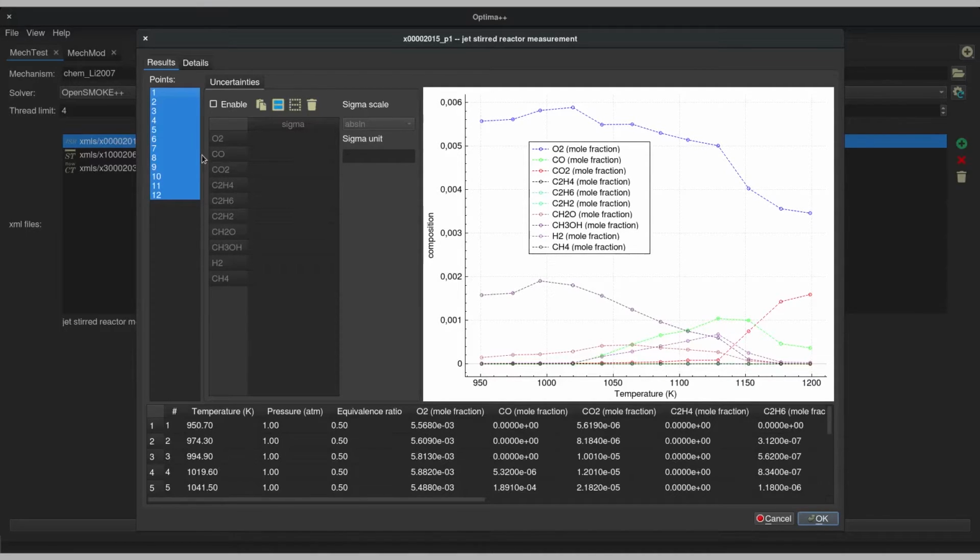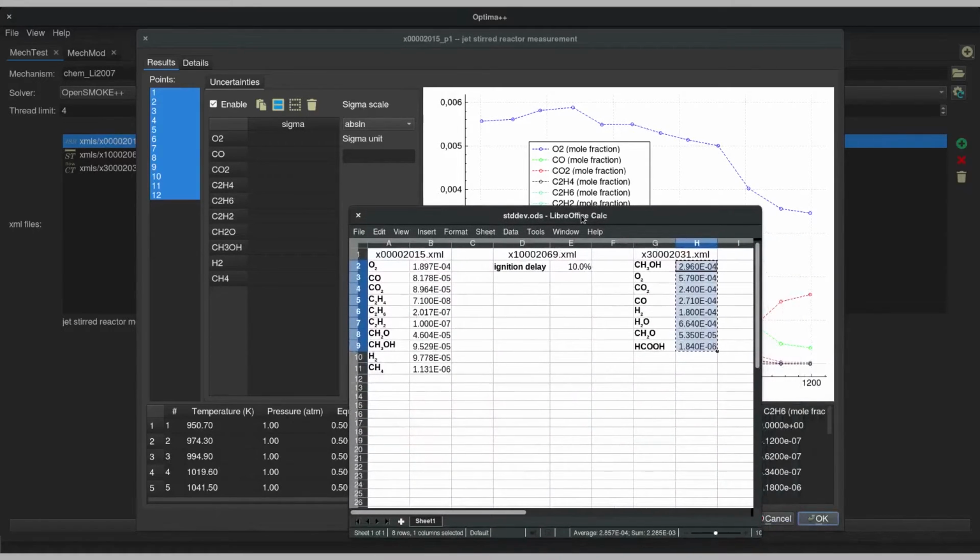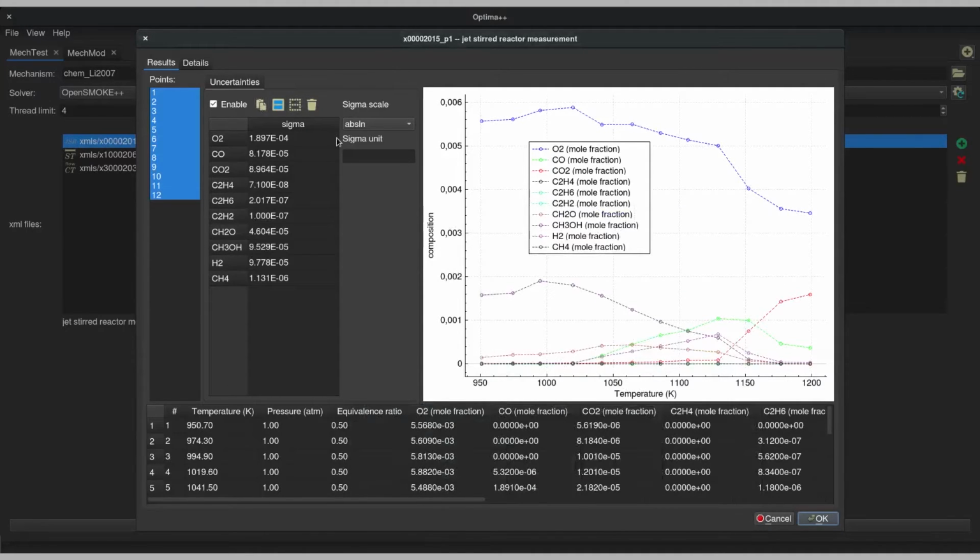In the next table, we can specify the standard deviations of the experiments for each data point separately. I have collected the standard deviations in a table, so I can just copy and paste the values into this window. These values are absolute errors. I change the sigma scale to absolute and set the unit to mole fraction.